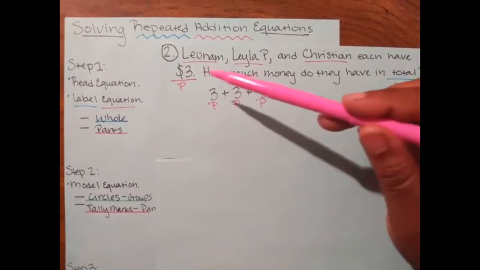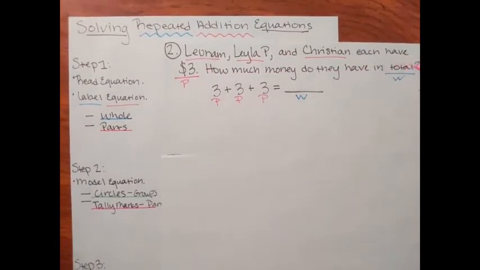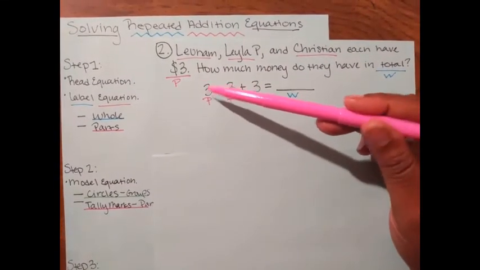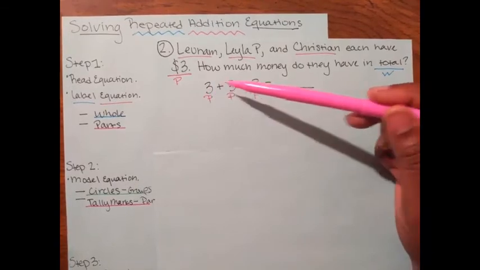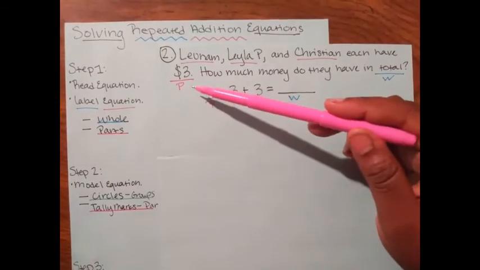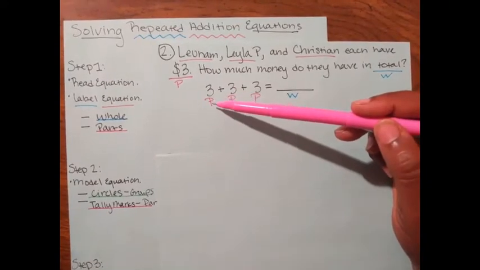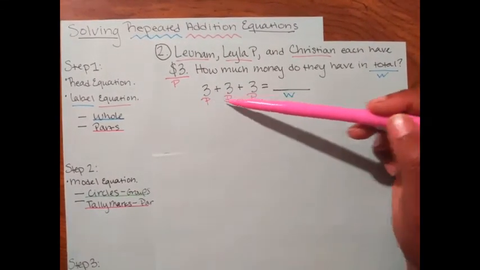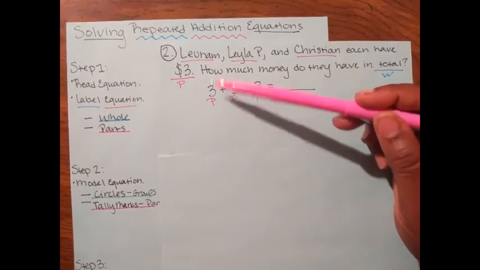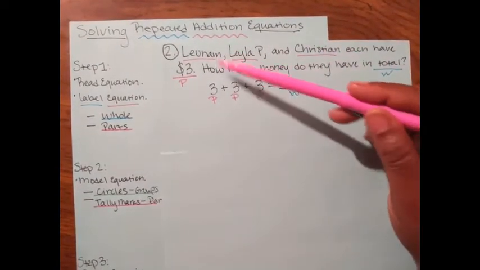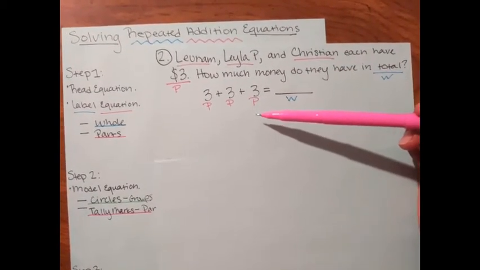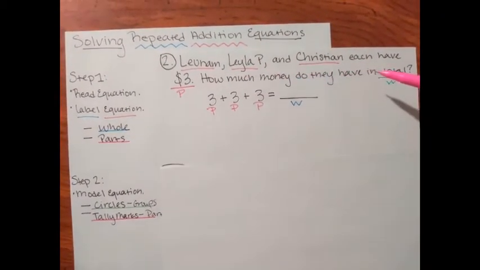So, if we're going to find out how much money they have in total, we're going to be adding 3 parts 3 times. 1, 2, 3. 3 parts, and we will see that part 3 different times because each part represents each person's part. So Lunam's part, Layla's part, and Christian's part all have to be represented so we can find out how much